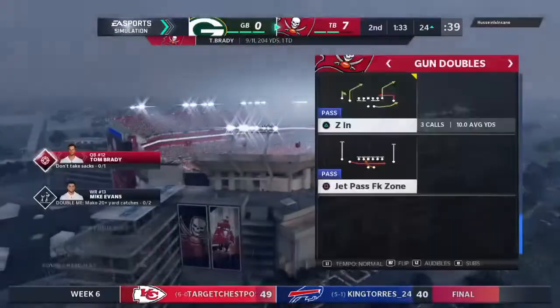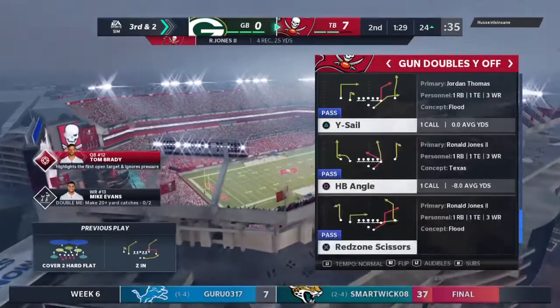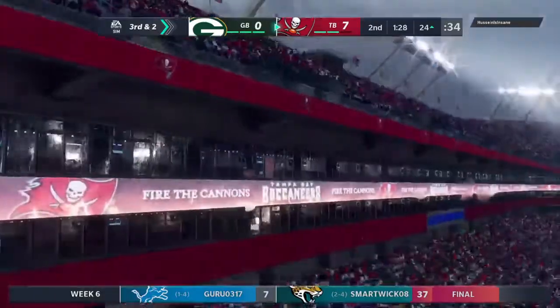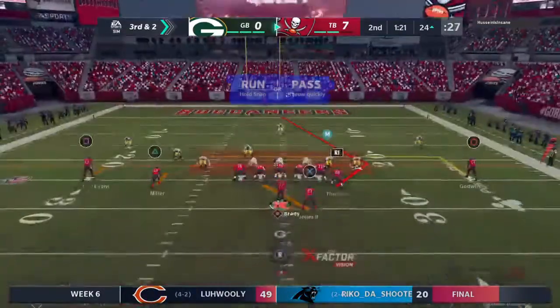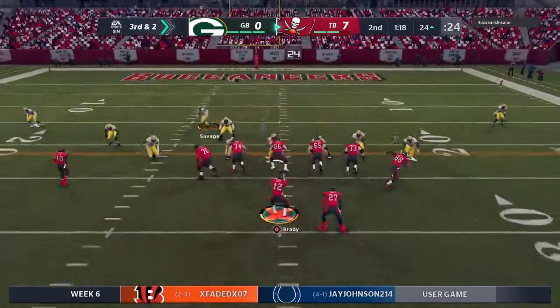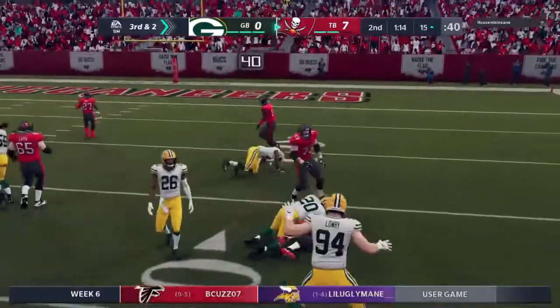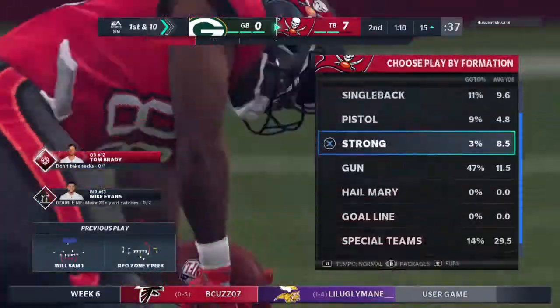Stopped at the 24-yard line after a gain of 5. To Ronald Jones. That might feel like a little bit of a lost opportunity there for the offense because the defense brought pressure that time. And sometimes against that, you can get out to your running back, and it could turn into a big gain downfield. But what a nice job they did getting to him quickly and holding him to a short gain. A quick toss outright. And he picks up the first down yardage as he takes this one down to the